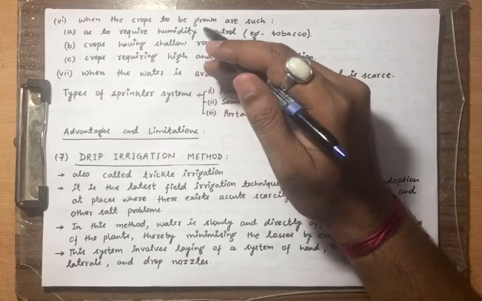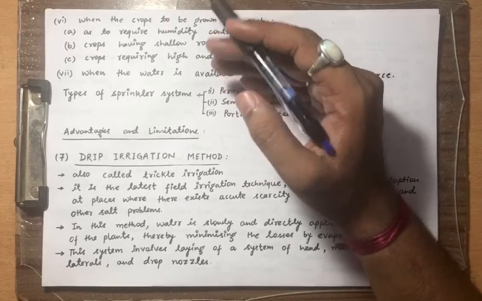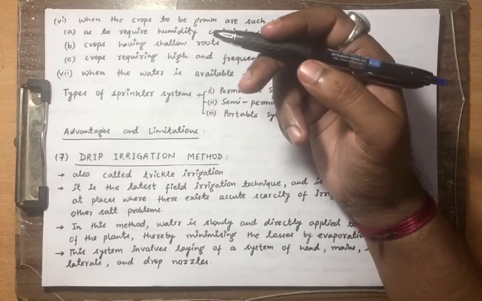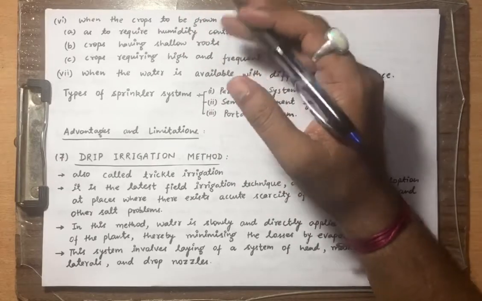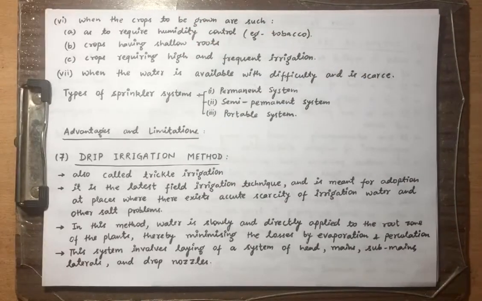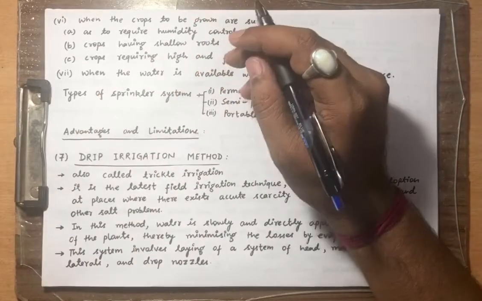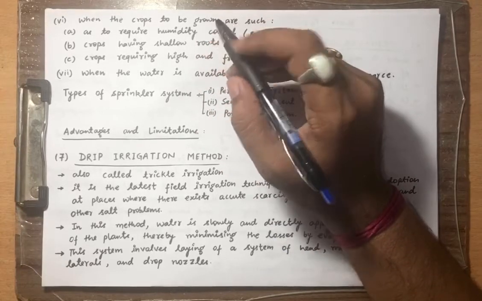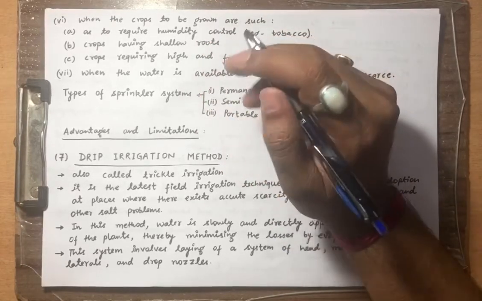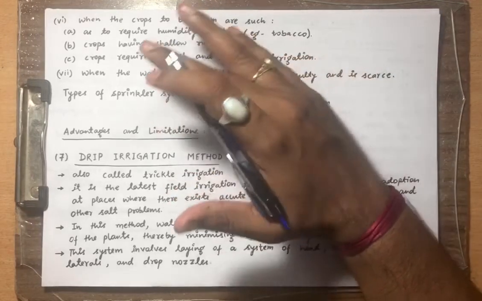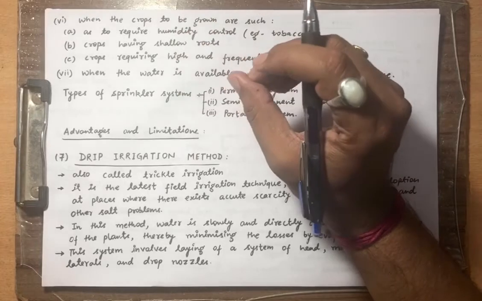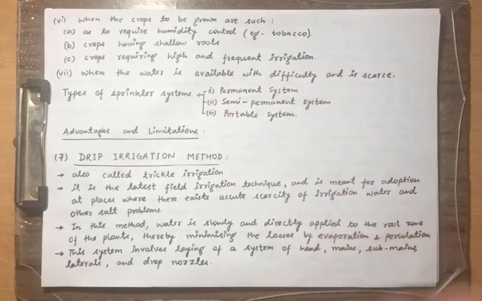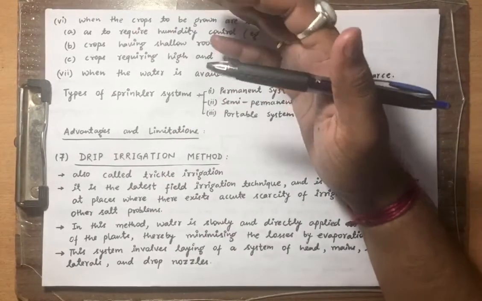So advantages, as I have told, we can reduce seepage losses and evaporation losses, and we can increase productivity. Cultivation area is not lost in digging. Normally we dig the surface for cropping, but in this we can avoid that. The water application rate is less because we are directly putting the water to the crops, and because we are providing very little water, infiltration will also be less,